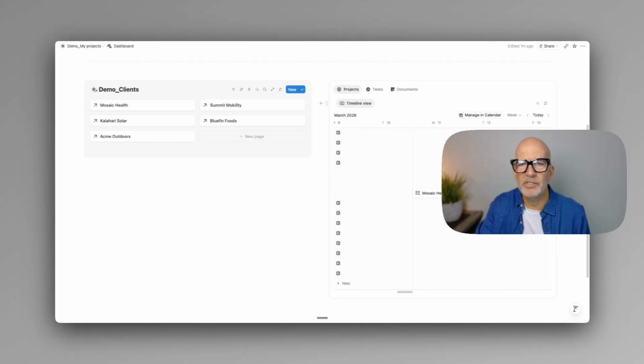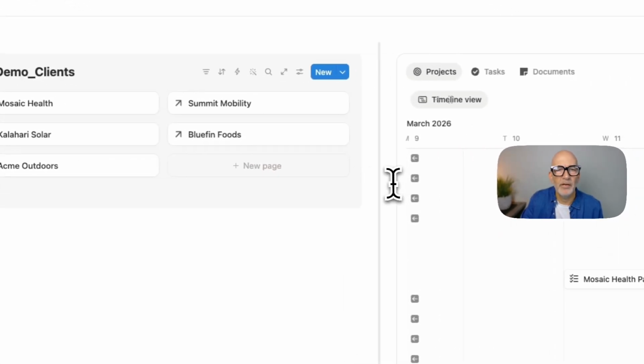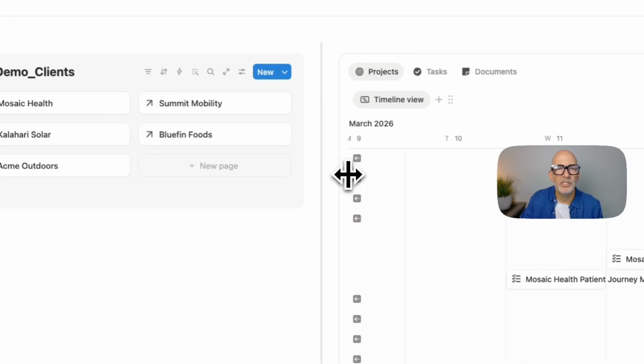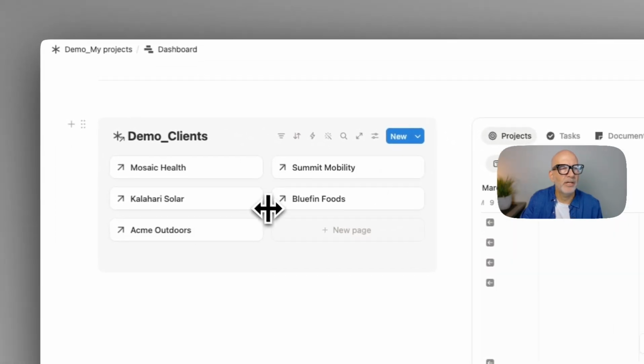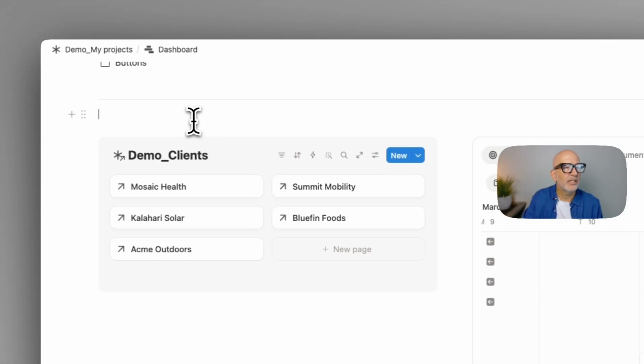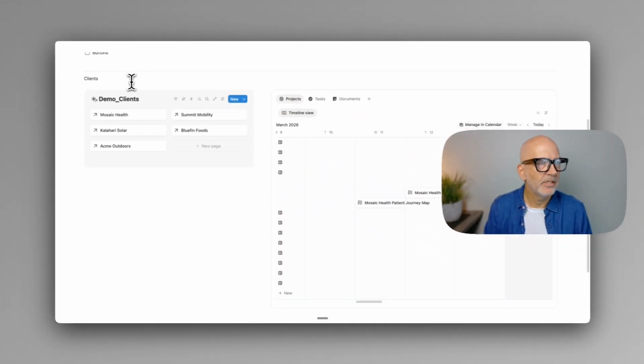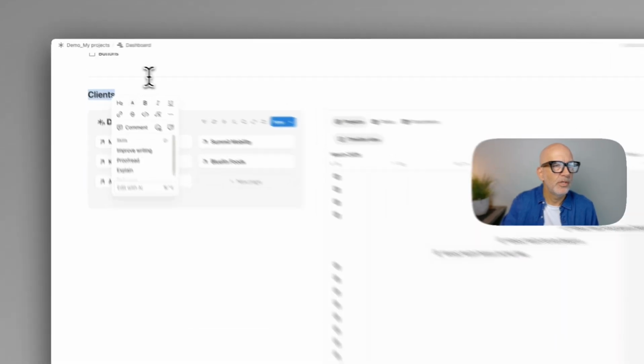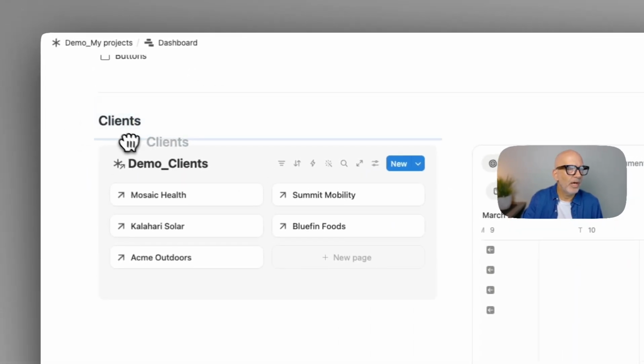What we can do, because this is quite a broad view, is we can change the sizing of our columns. So let's change this over to this. So we have all our demo clients over here. Let's add a heading here as well to say this is our clients. Let's change that to H2. Let's move that into our